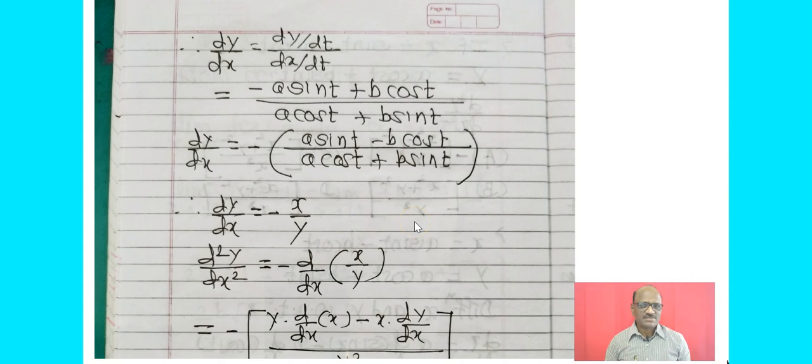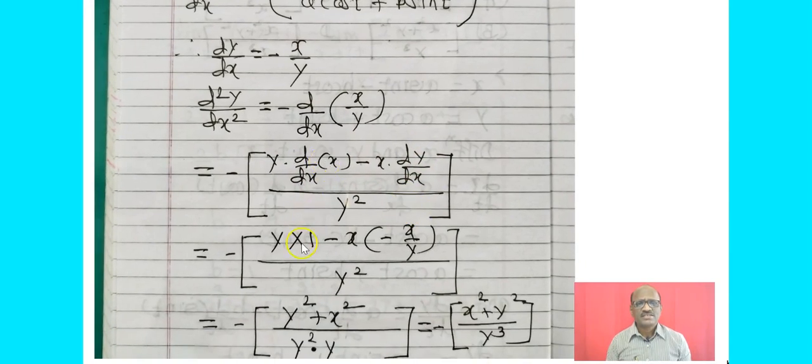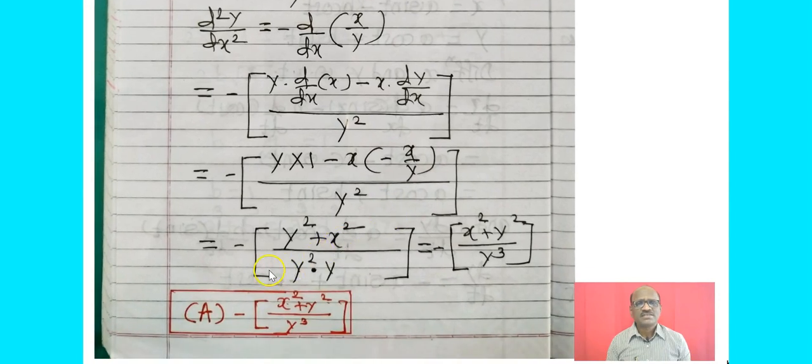Now differentiate this again with respect to x. Here d2y/dx square is minus d/dx of x upon y. Now differentiate this, by using the quotient rule: y into d/dx of x minus x into dy/dx, all over y square. The derivative of x is 1, minus x into dy/dx. The value of dy/dx is minus x upon y, and simplify this,